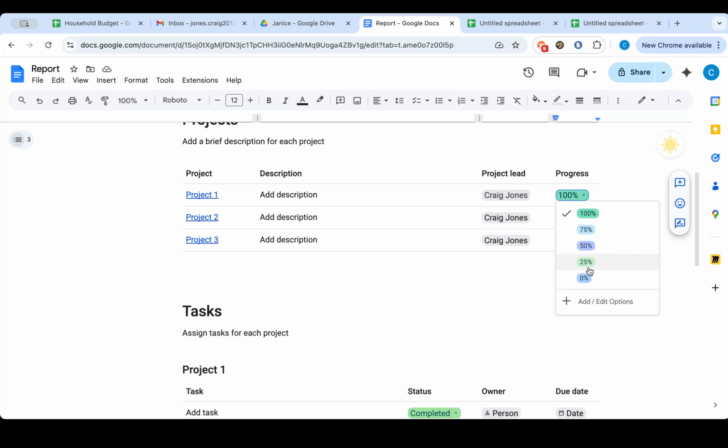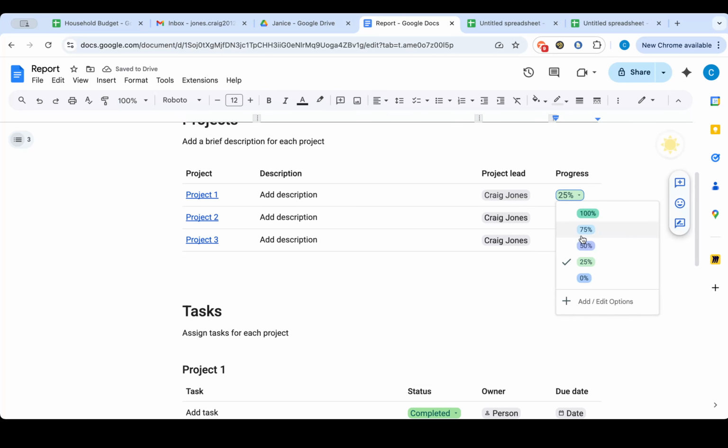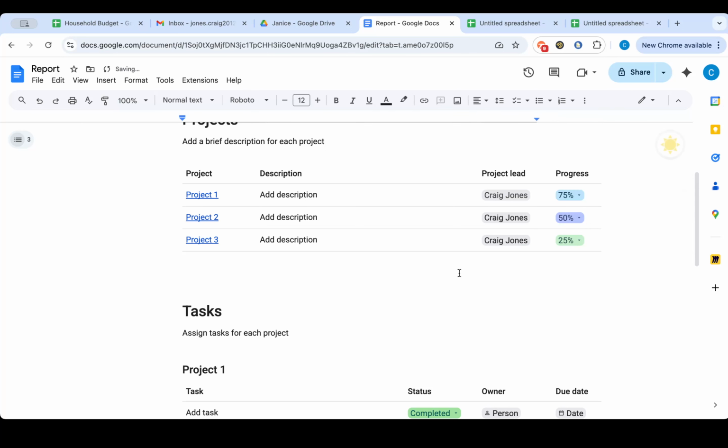And there you have it. With these steps completed, you've successfully inserted a percentage dropdown into your Google Docs file. This feature not only enhances the interactivity of your document, but also contributes to a more organized and efficient way of handling repetitive inputs. Keep in mind that you can always tailor these dropdowns to better fit whatever context or